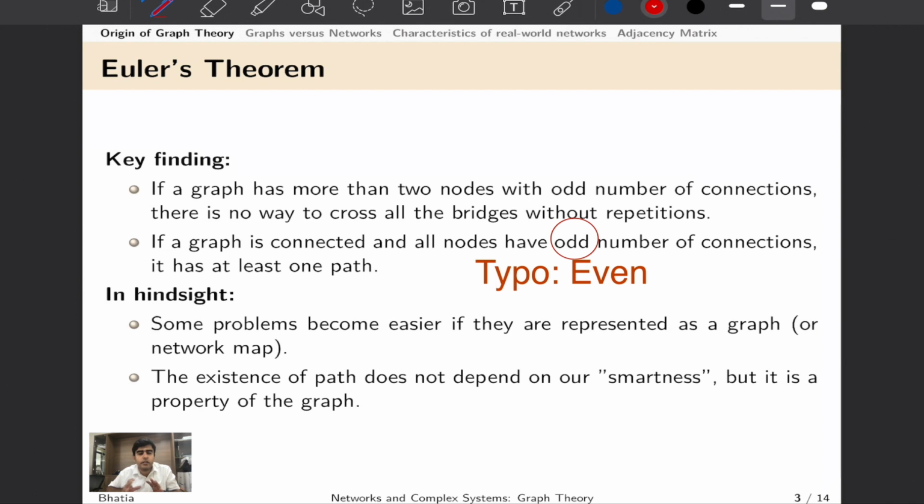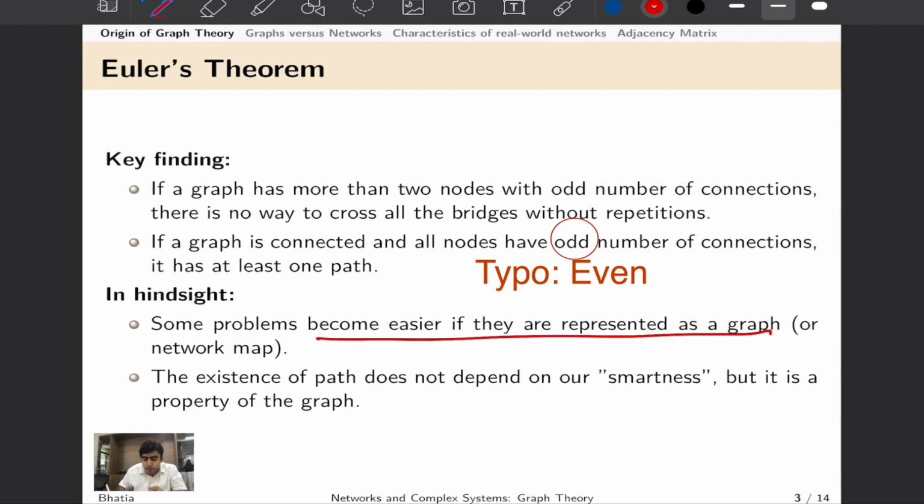So we say that all the nodes are connected in one way or another, and if all nodes have an odd number of connections, there has to be at least one path that would meet the initial condition, that you can cross all these bridges without repetition. However, the more interesting thing than the proof of the theorem itself was that sometimes it becomes much easier if these problems are represented in the form of a graph or network maps, and that's what we would do throughout this particular